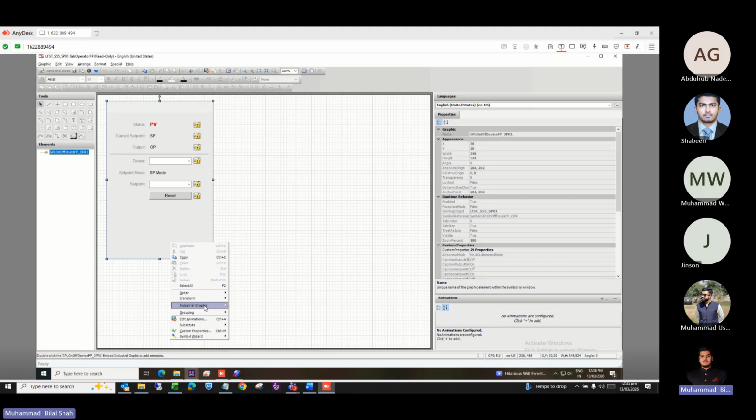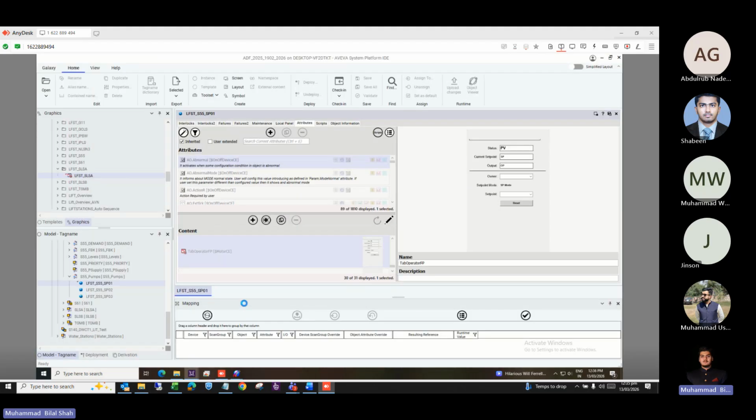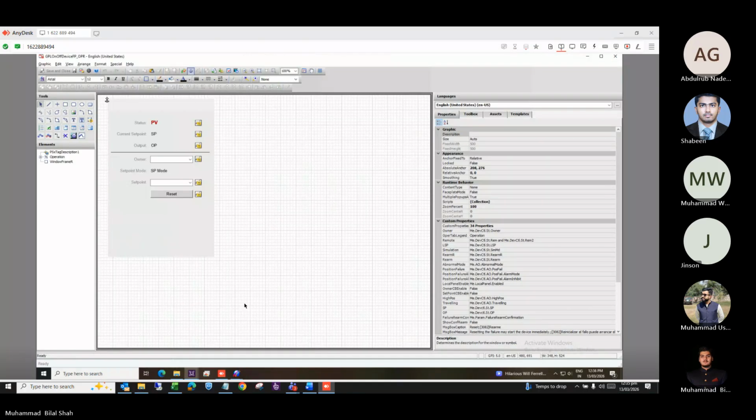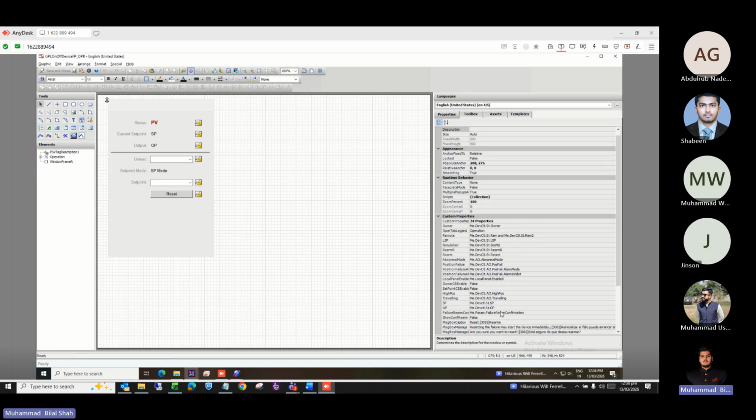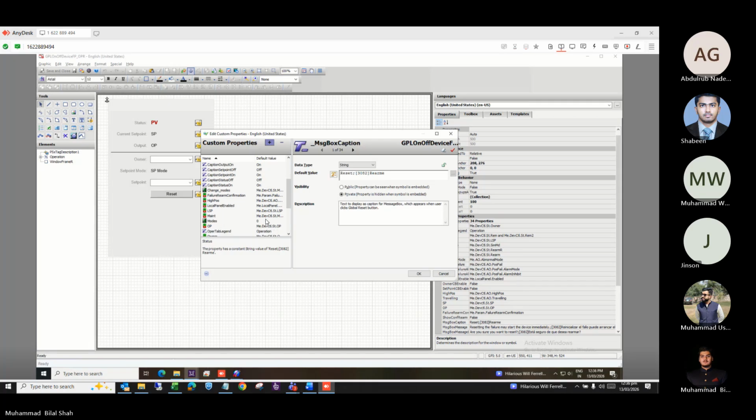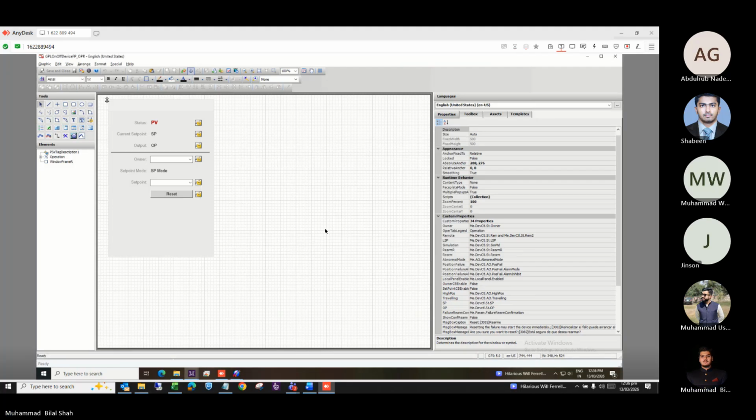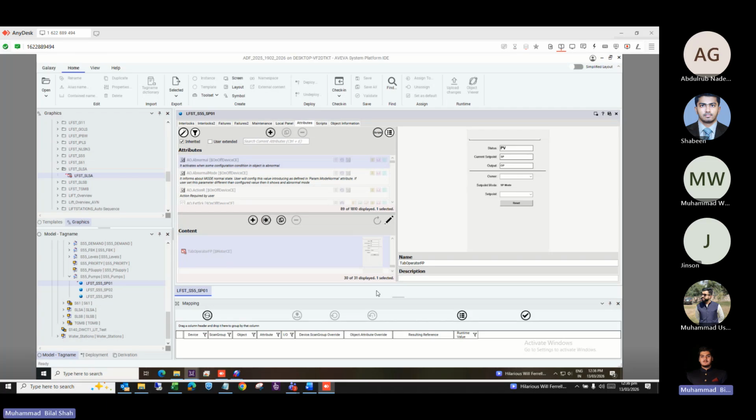Then you can go to the industrial graphic and edit symbol, and you can see all the custom properties which have been explained over here on the right side. These are all the attributes which have been linked with this faceplate, right? Okay, and